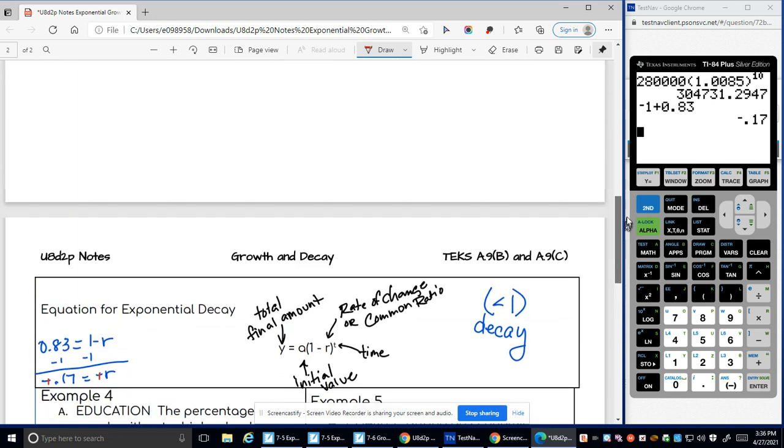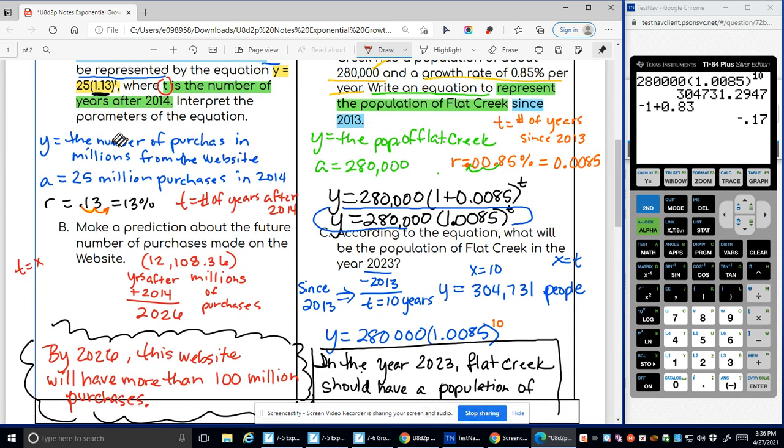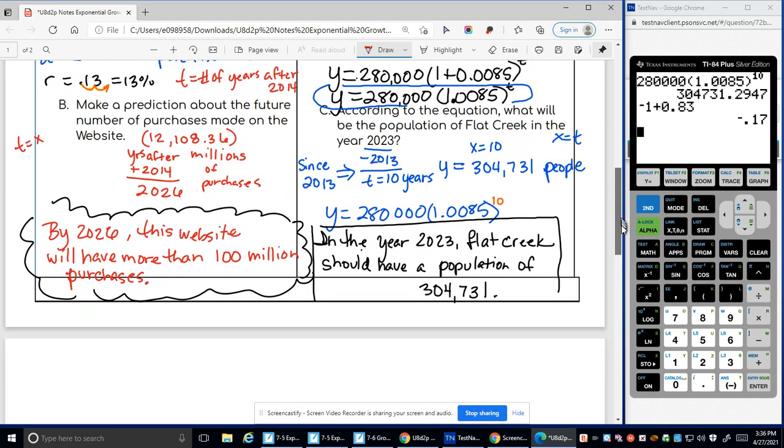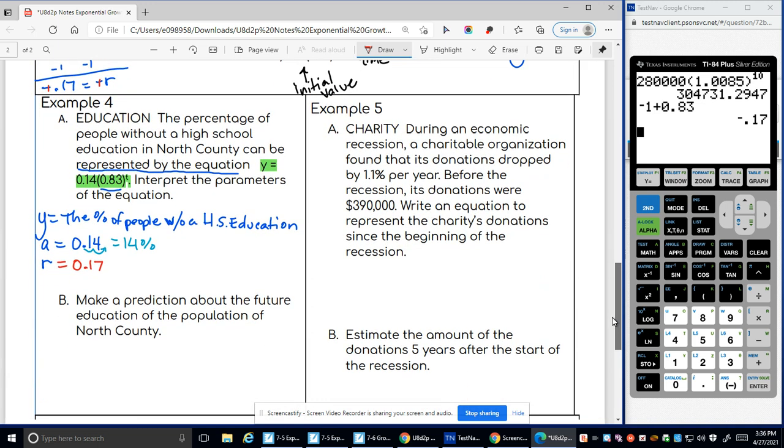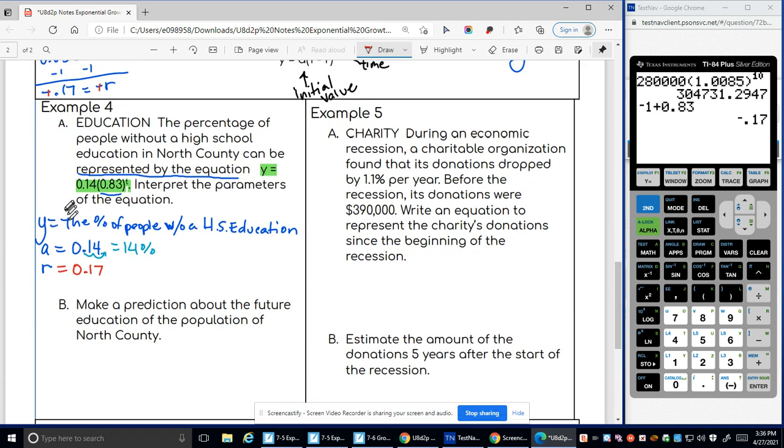had initial, right? We had an initial value. Well, that was in millions, right? So our initial value here was 12. And so Y was the number of purchases. That was 25, and that had to do with Y, right? It was 25 million purchases. So we have to consider that when we're talking about A. What is A referring to? Well, A here is basically the percentage of people without a high school education. So our initial A was 14%